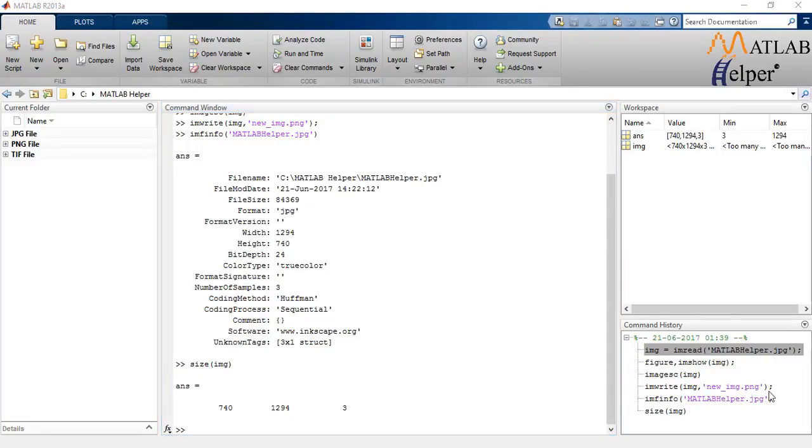There is a crucial difference between the size of colored image, that is RGB, and grayscale images. Try to read a colored image and check its size. You will find that instead of just height and width of the image, the digit 3 is also displayed. This signifies a 3-channel image, red, green and blue.